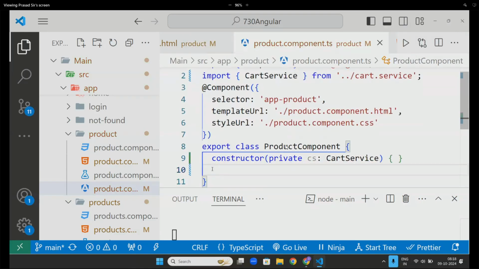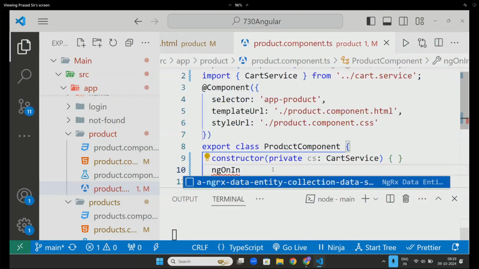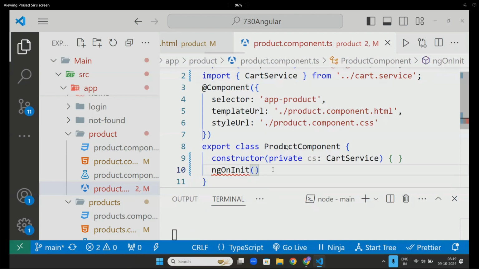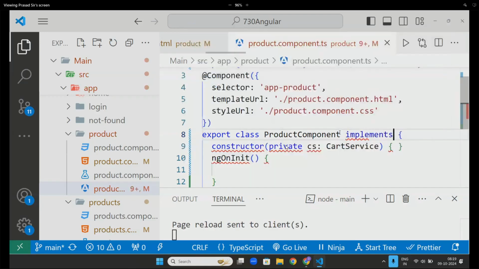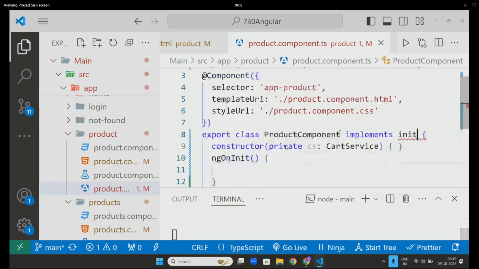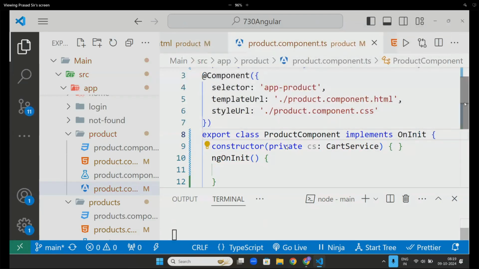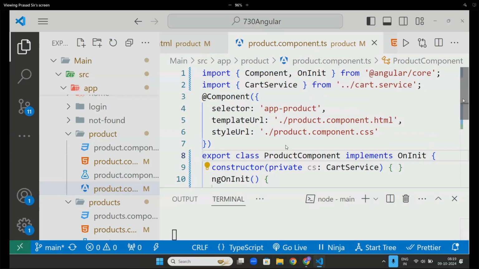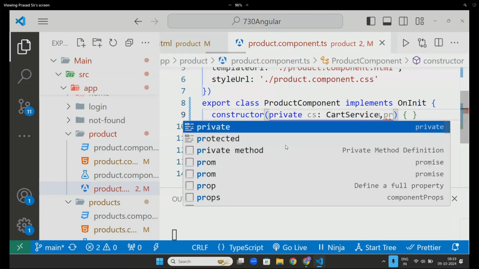Now here, ngOnInit, implements OnInit. Now, I need to know what the ID inside the route is.